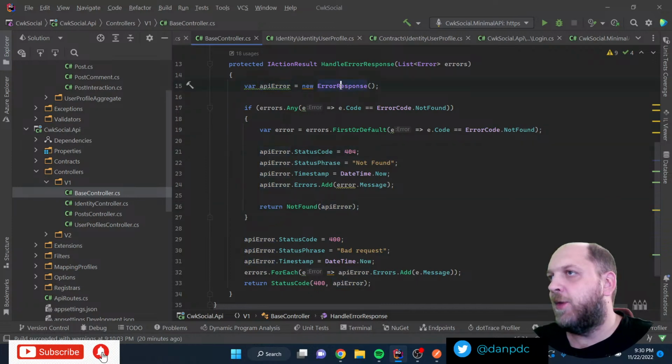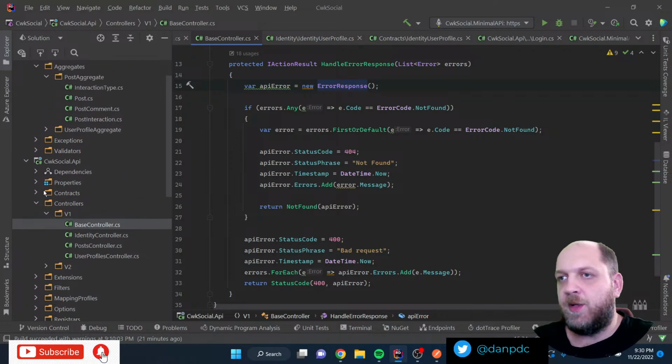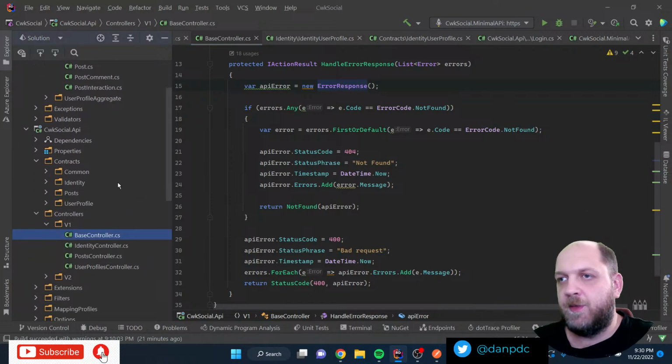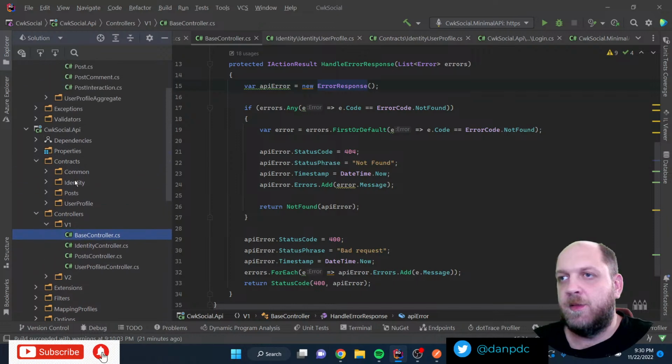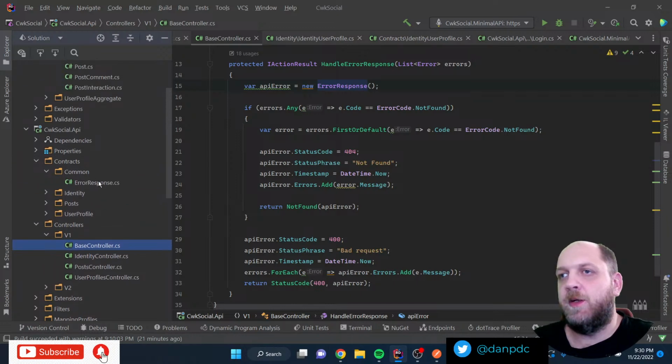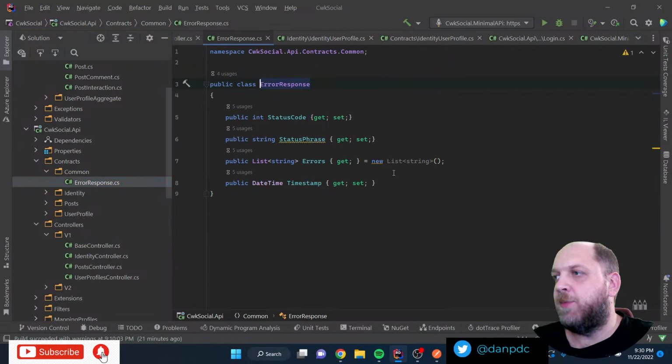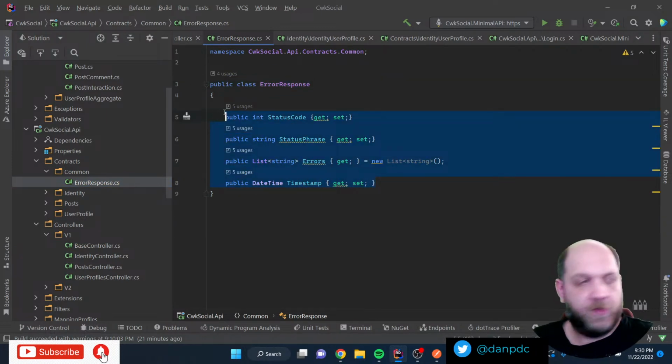But where it's a new error response, so I guess this is something we'll also need. I guess it also should be in the contracts. It's not in the contracts, so where is it? Ah, Common. Okay. So let's also add it, because we want to use the same structure right now for the error response.